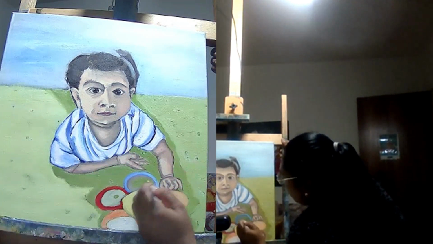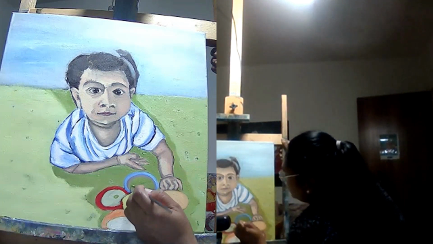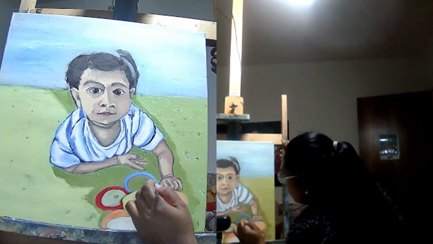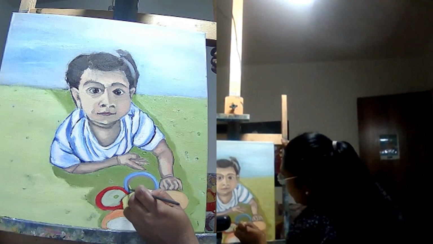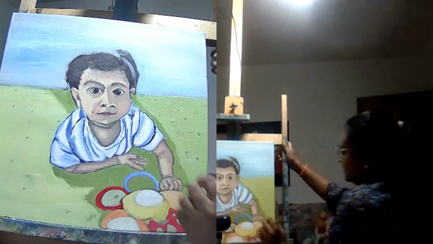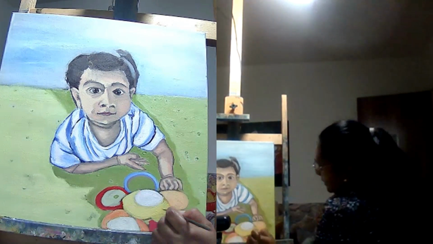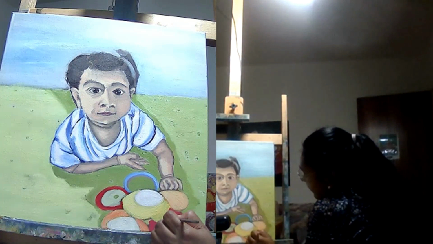Now I think I will readjust the blue shortly after I'm done with this, as I can see that the circle has to be slightly bigger, broader. I'll do that. And then here, I think I made a mistake, so I'll have to correct that as well. So this is a lot of space adjustment,